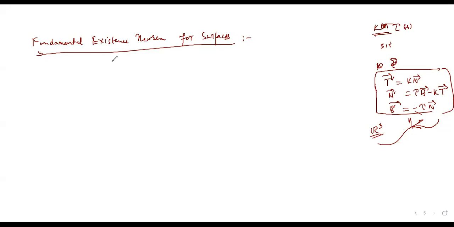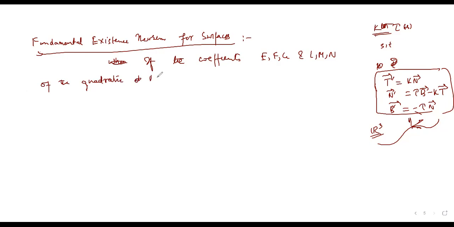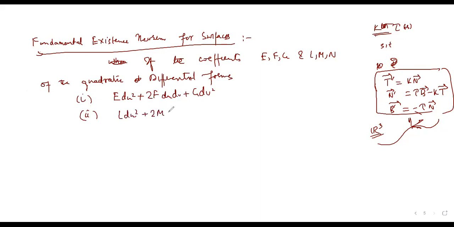So, okay. ऐसे लिखते हैं: if the coefficients E, F, G and L, M, N of the quadratic differential forms, first, let me call it E du square plus twice F du dv plus G dv square, and the second one is L du square plus twice M du dv plus N dv square, are such that